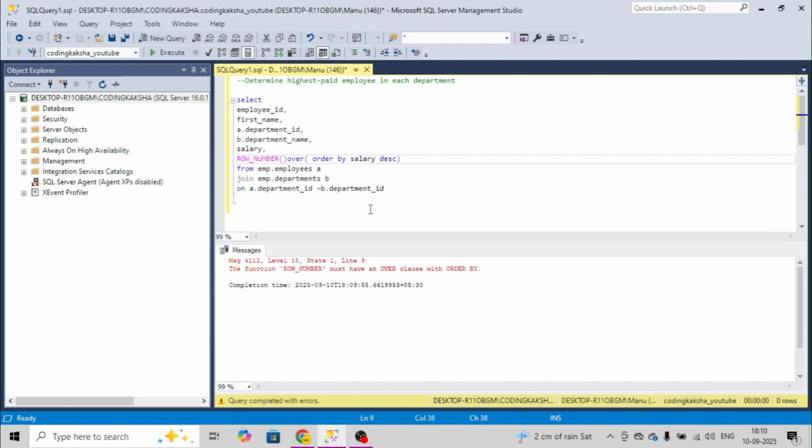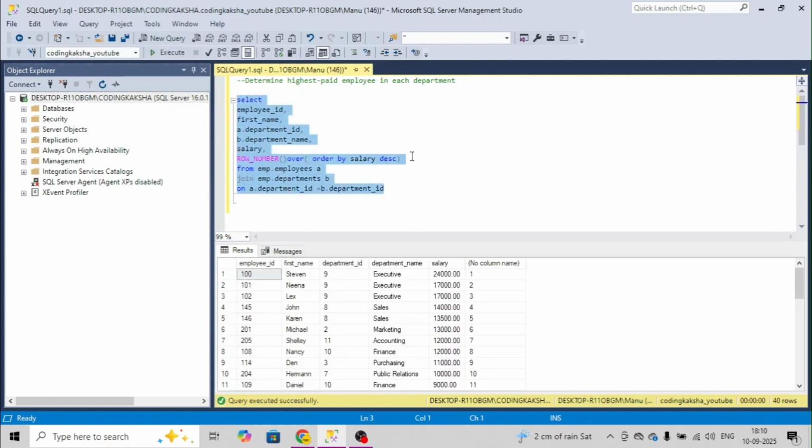Okay, DESC or ascending, whatever you want to give this. So people used to use row number like this. First, what he has done is just use row number with the order by clause, and we have got each and every record's unique number within the department based upon the salary. If we use descending order, the highest salary comes first in rank, but the catch is, we have to find the highest paid employee in each department.